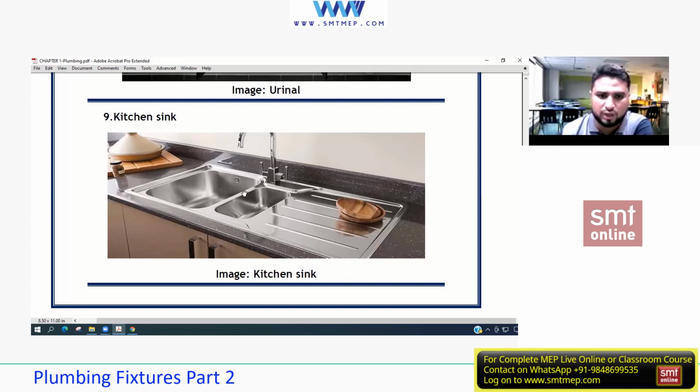That's why they store and wash in it. And there are different ways they wash, for example, they collect water somewhere, wash, and again just dip into it and take out. That's a different thing. But here this is stainless steel, 316. And this is how a kitchen sink looks installed on the kitchen platform in the kitchen area.